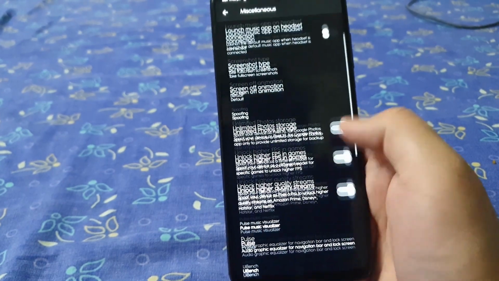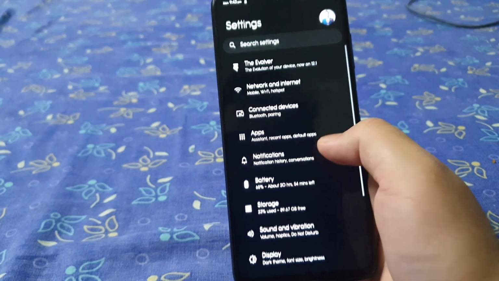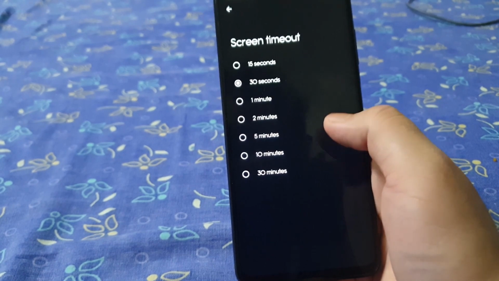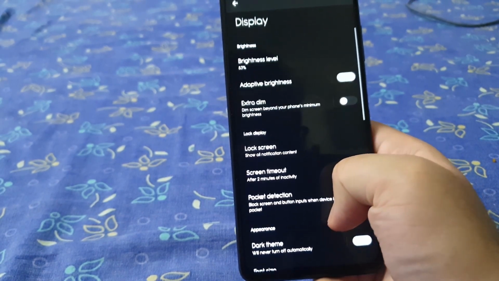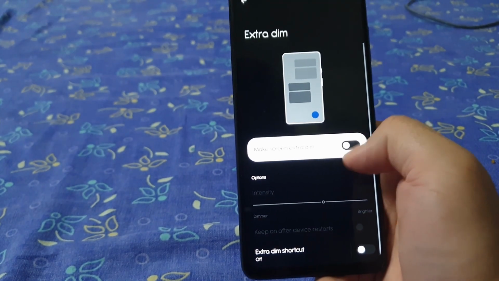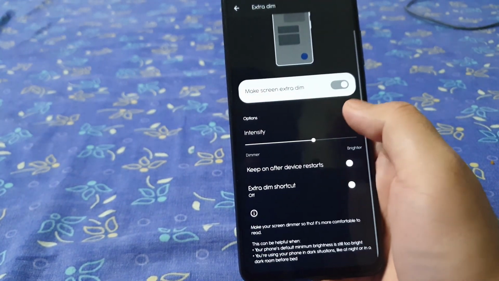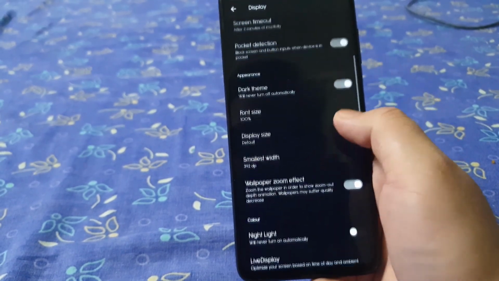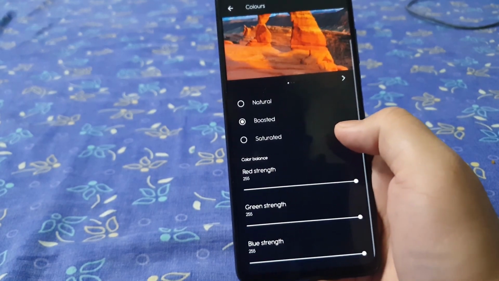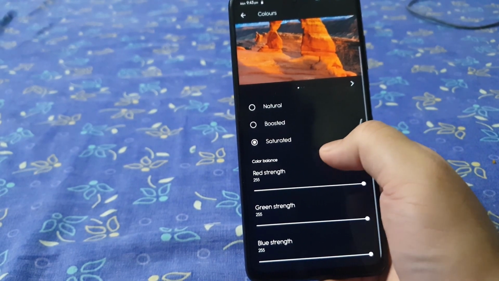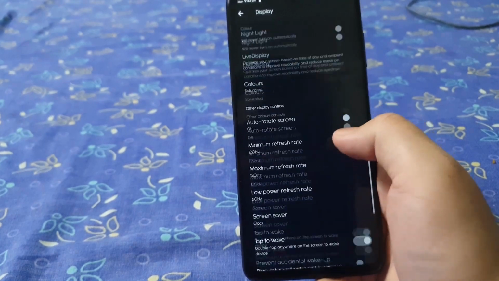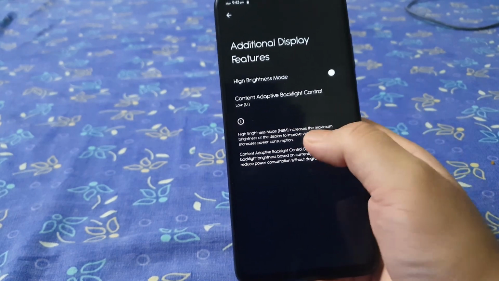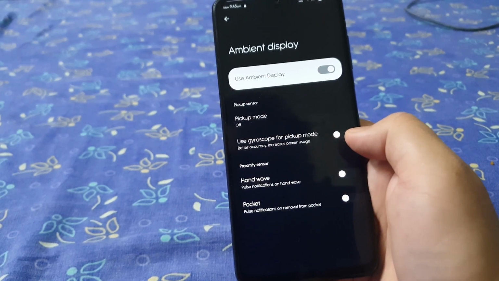So overall this ROM has a lot of features. It is filled with features and it is quite stable and smooth, and surprisingly there are no bugs in this particular version of the Evo X build, because generally I have found at least one or two bugs in any Evolution X ROM, but there are no such weird issues here to report, so that is great. You have pocket detection mode. So overall, if you want a ROM which has Google apps pre-installed and gives you Pixel-like features as well as tons of customizations, then this is something that I would definitely recommend to you, because it is great and you can definitely use it as your daily driver if you want.